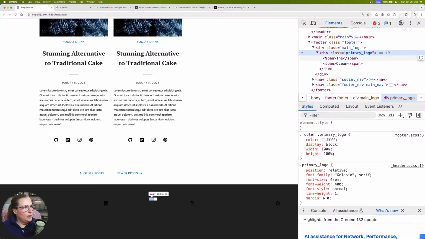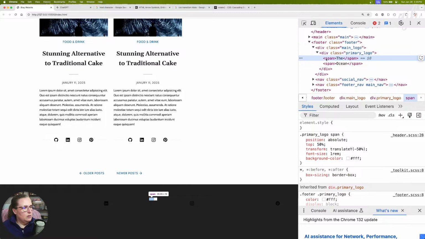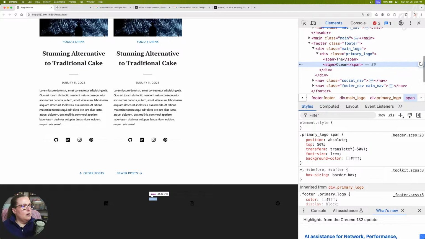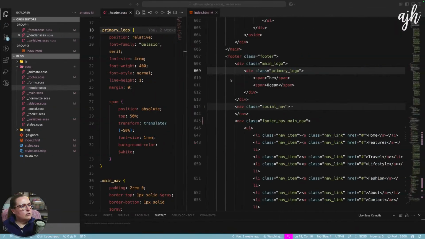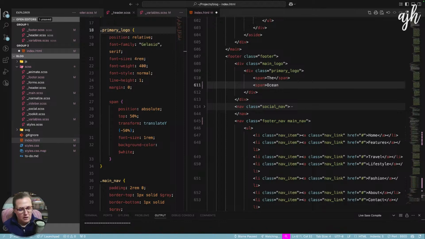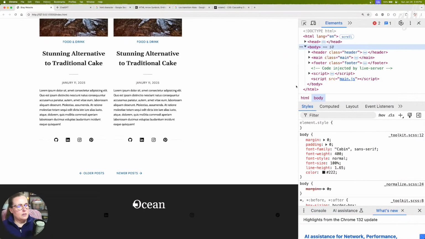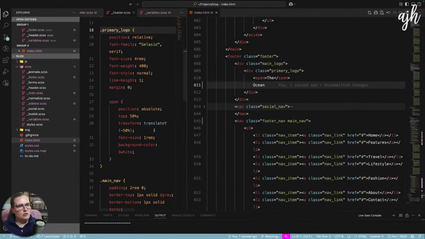Why is that totally collapsing? Okay, so both of those are absolute positioning. Okay. Font size, font size. Oh, that's why. Okay, let's change our markup. So this should not be a span. I must have changed that afterwards, I'm guessing. There we go. Okay, and I think now all we have to do is change